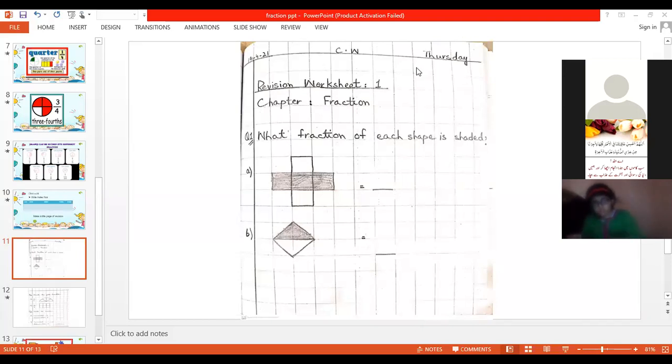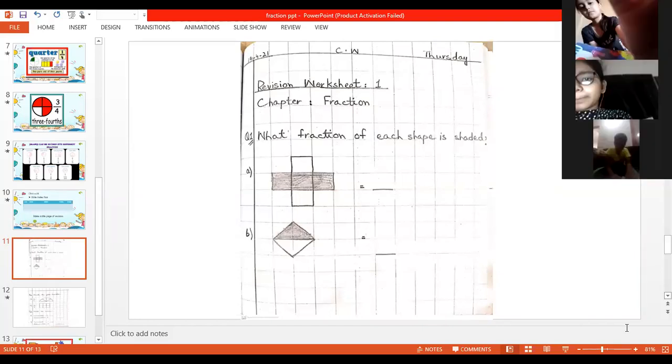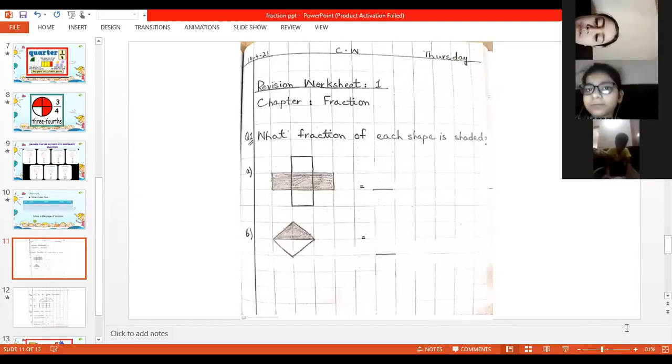Take out your copies, and first of all, make a title page of revision. Then you start your copy work in the revision portion. Is everybody doing work or not?